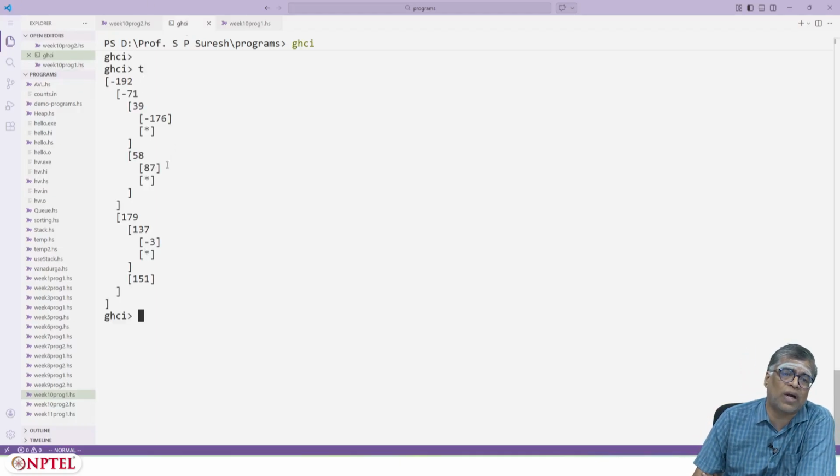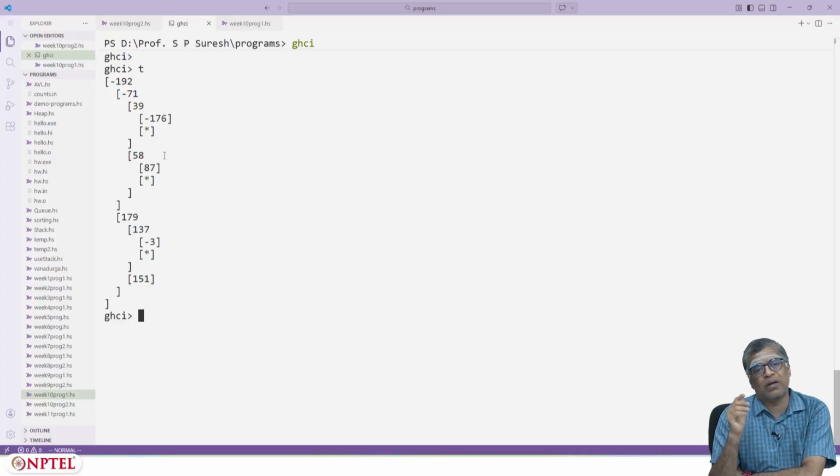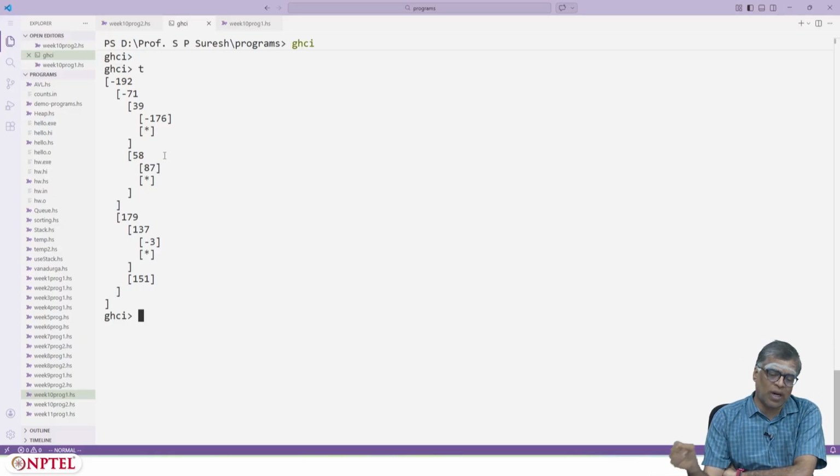See, this is actually a random tree because it is not skewed to the left or to the right. If I have to draw this, -192 is the root. Its left subtree starts with -71 and there is 39, -176, whatever. So, you can see that this is a tree. Later, I will show you a better method for rendering trees, which will actually render it like a tree.